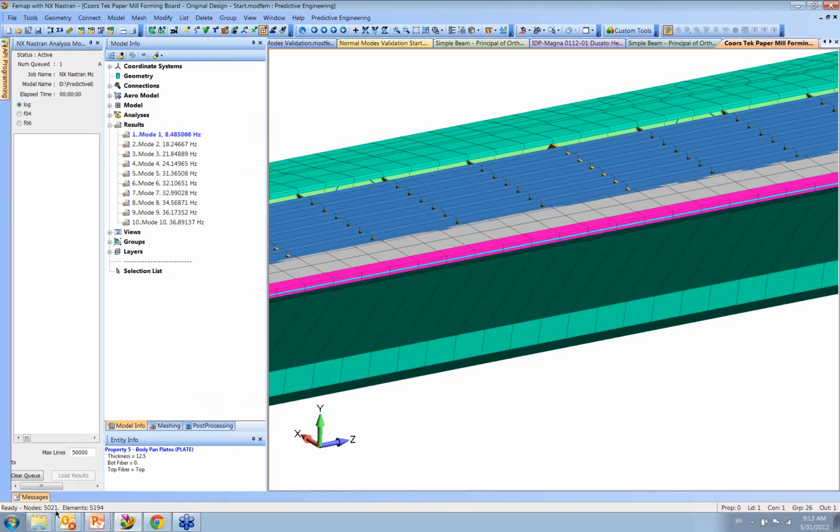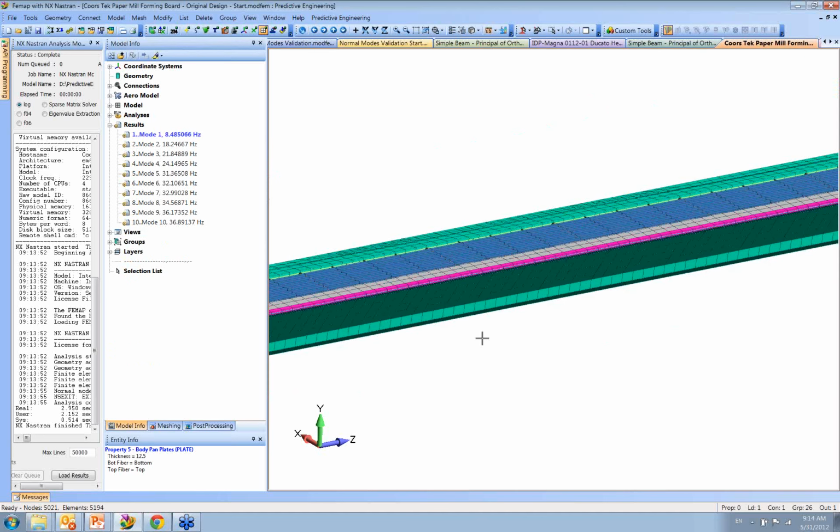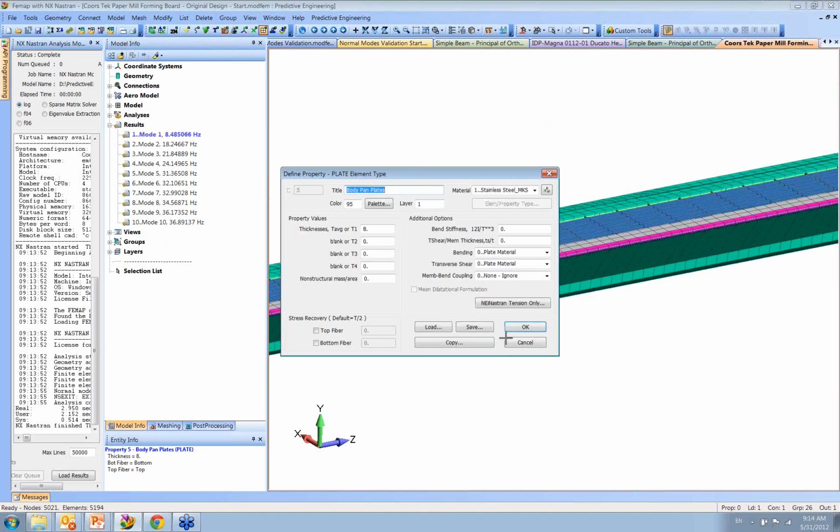Crazy. There, the new mode, 8.3. It went down. Oh, that was great. That was useful. I'm going to undo. So I want to make sure I have messages turned off.